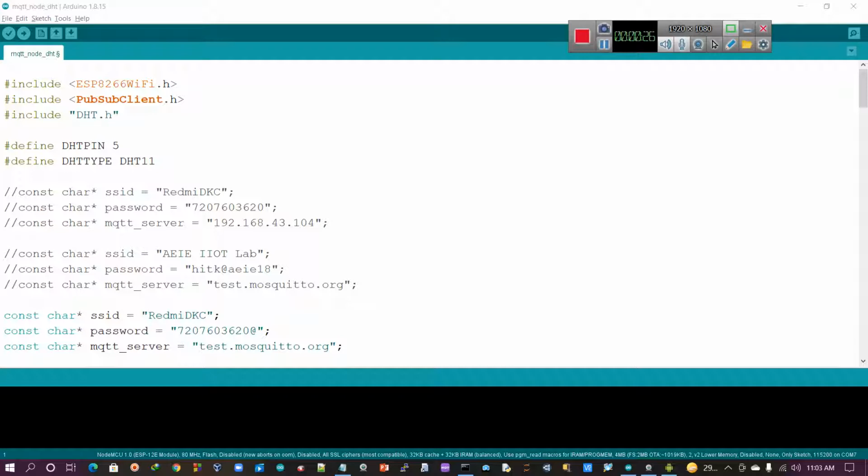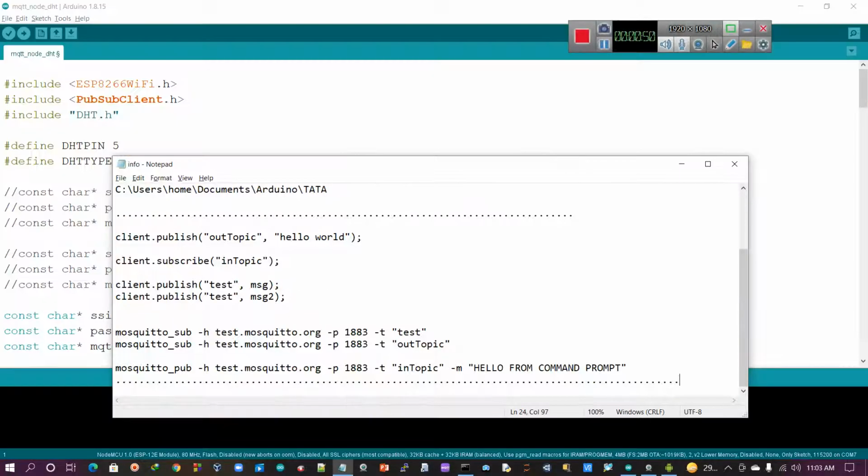This Node MCU is publishing two pieces of information, humidity as well as temperature, and it is always publishing every 1 second or 2 seconds. From the other side, any subscriber which subscribes to the particular topic will get that information. So this is the program, but one important point here: we have three topics involved